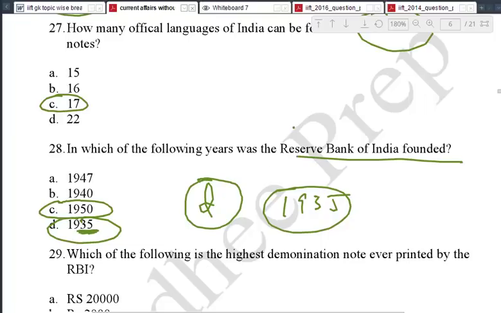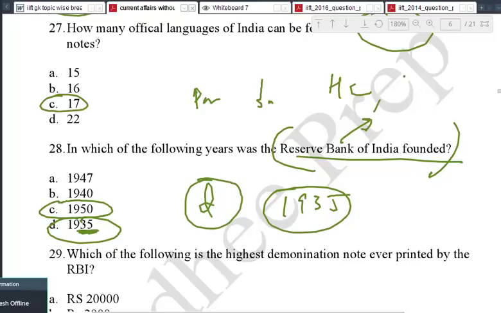The Reserve Bank of India has its existence before independence. In fact, this is true of most of the institutions of India. If you look at the Parliament, the Supreme Court, the High Courts, all the major great institutions, they all were established before 1947. That goes to show what kind of legacy you inherited from the Britishers. Yes, RBI was nationalized in 1949. Are you getting this point, people? So understand that whenever years come up, and something is very important, it's quite possible that it was established before independence.